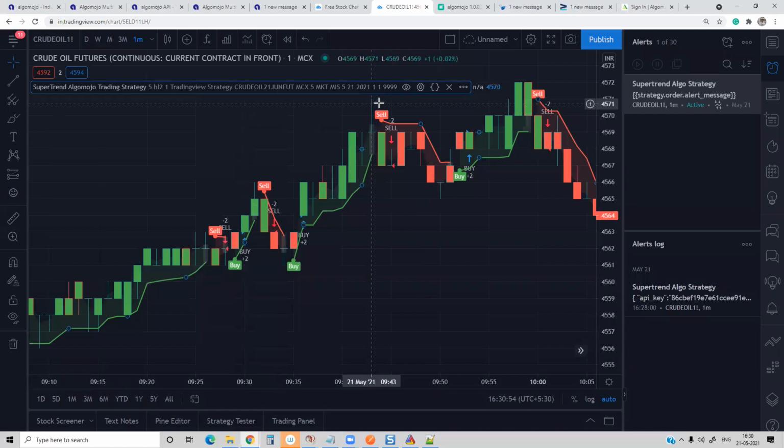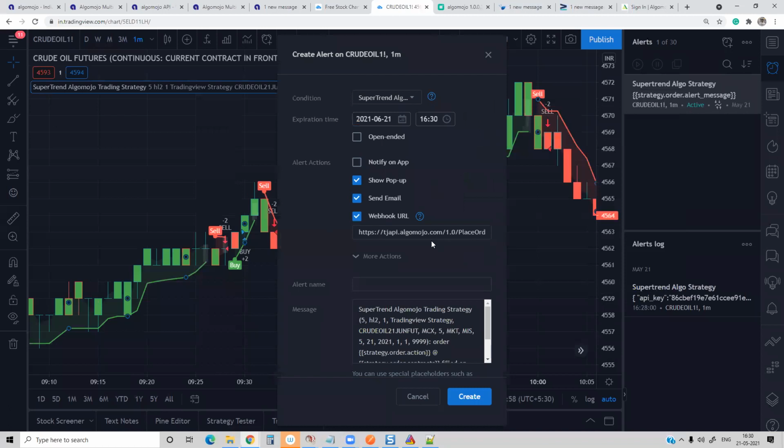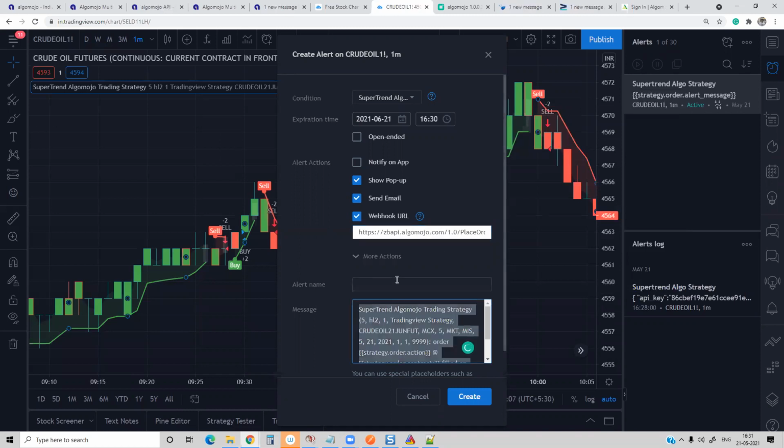I can duplicate this and create an alert. After sending this alert, I have to put the broker as Zebu, Zebu place order. This one I have to use and configure. Let's say I'll call it Zebu automation. So you can run any number of brokers simultaneously. You can send orders to any number of brokers, with no limitation.